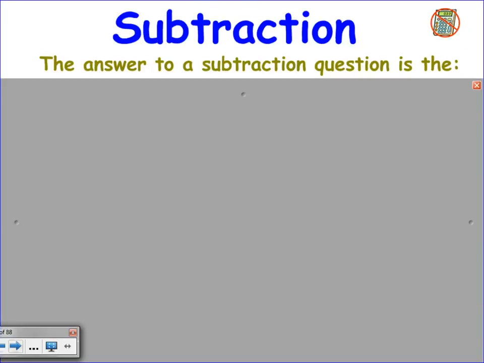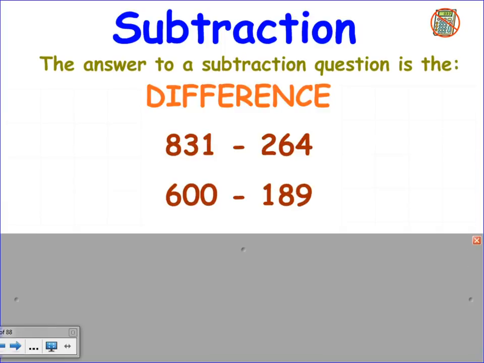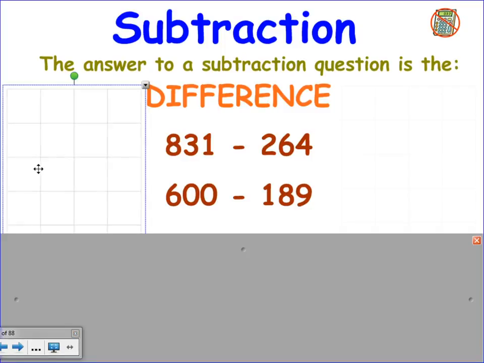So the answer to a subtraction question is the difference. And that's how they'll word it. What is the difference between this and that? So it's another one of these buzzwords that you need to know what it means, because it's the proper word for the result of a subtraction question. Do you want me to show you how to use the column method for this? Column method, exactly the same as before. You need to line up